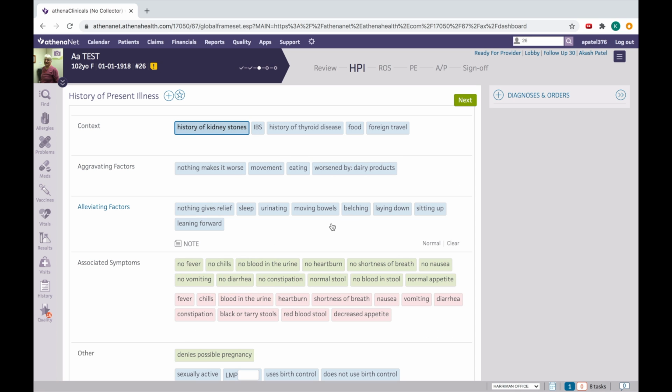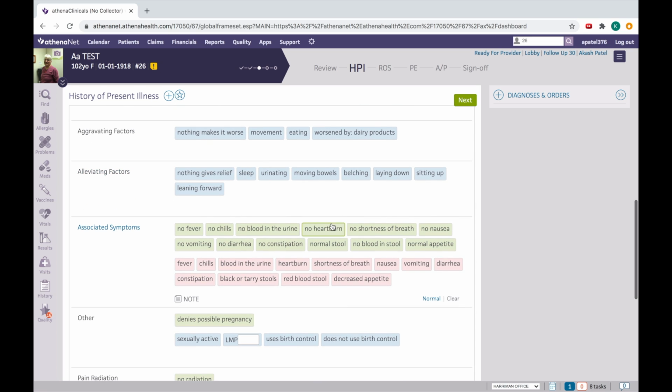And I want to tell you that in the final history and physical examination, only those findings will be shown which you click. So if you haven't clicked no fever, then you will not be able to see that the patient doesn't have fever or chills.